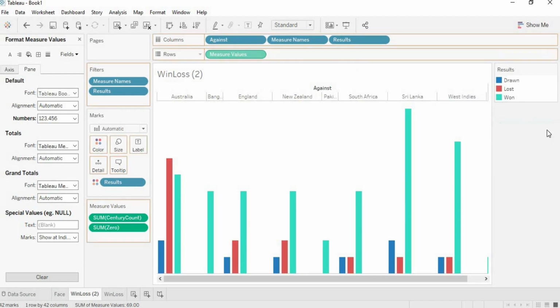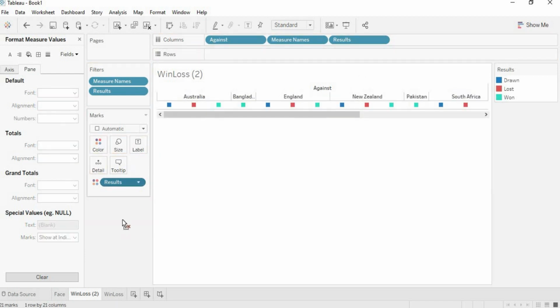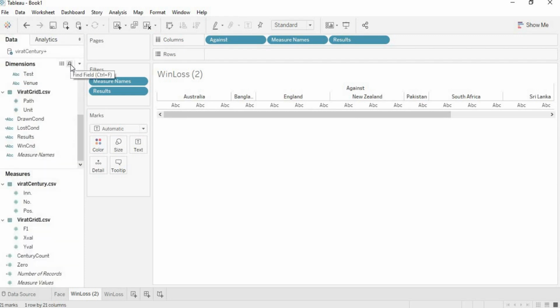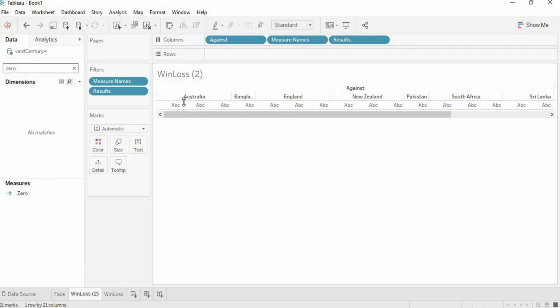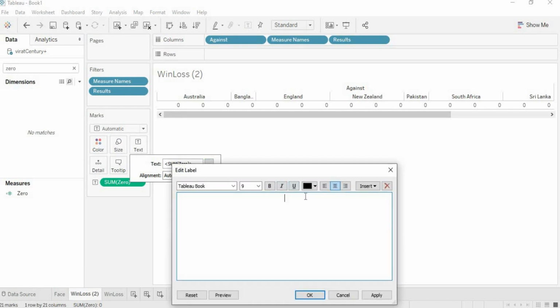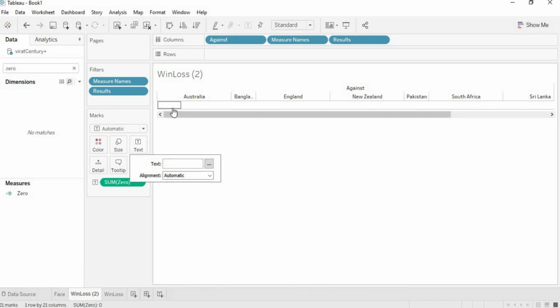Remove this thing, remove with the results. Okay, 0. I need to remove ABCs. So drag and drop into text. Okay, select all, cancel. Okay, so everything is gone.